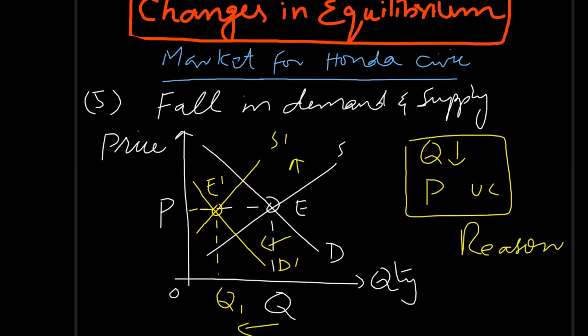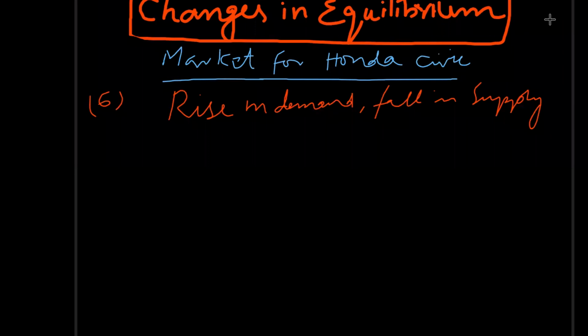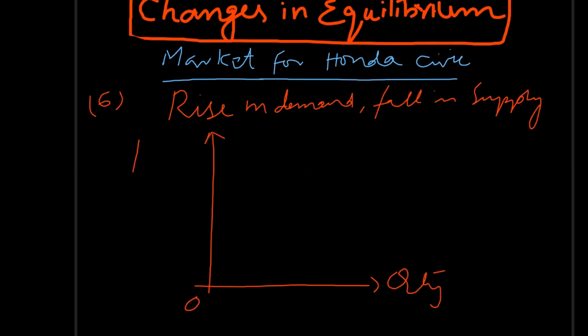The term uncertain means it may remain exactly the same, or it may change a little bit. It may rise or fall depending upon how much demand and supply both are shifting to the left. Okay, reasons for fall in supply are same, like increase in cost of production, increase in indirect taxes, and fall in demand. Reasons for fall in demand can be fall in income of consumers, rise in interest rate, or fall in population, etc. Then next situation is rise in demand and fall in supply.